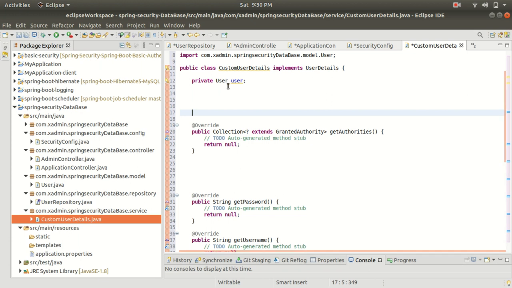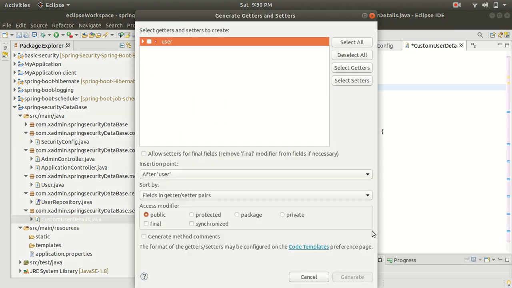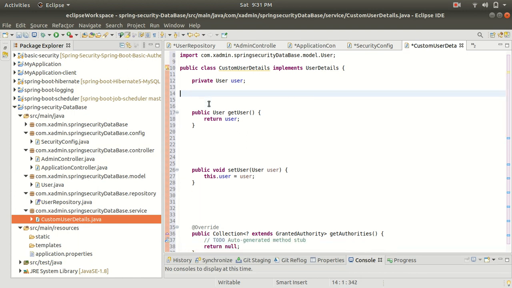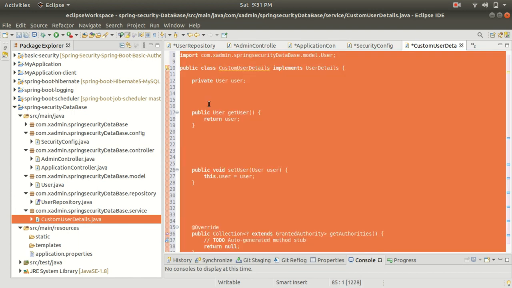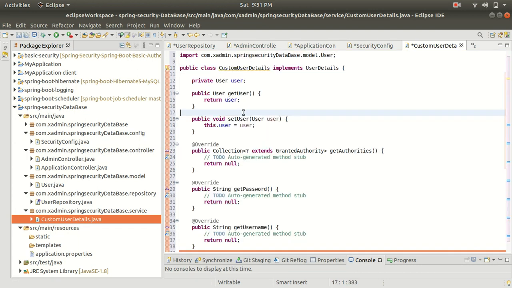And now guys, I am going to create a getter and setter method for our user property. So let's add a getter and setter, select all, generate. Let me format this class. So we have added getter and setter, and we have overridden all the unimplemented methods.